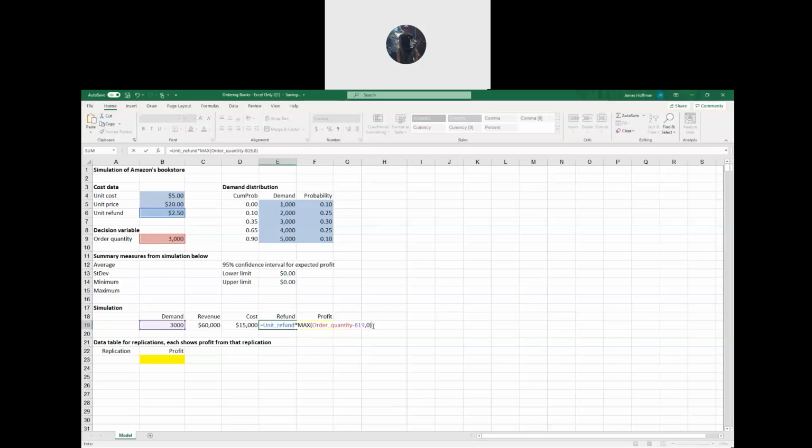So make sure you get that 0 there. So if we order too many, we get a refund of $250 per book. And the profit in the yellow cell just equals